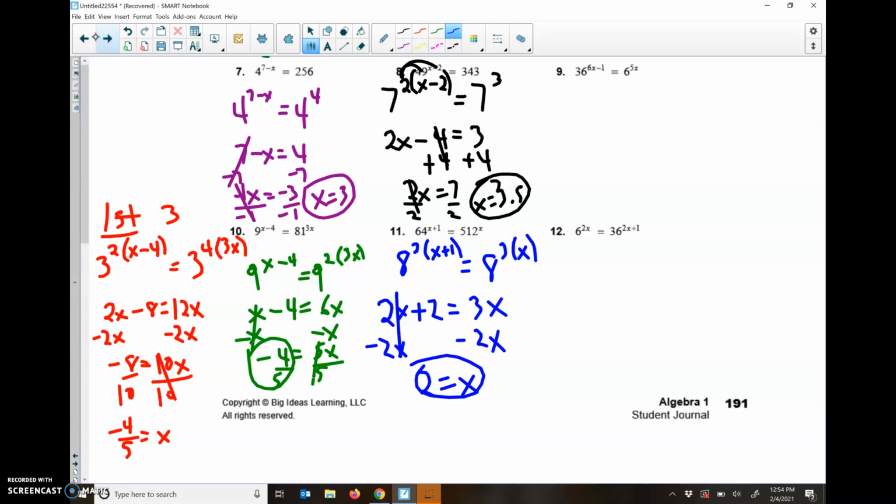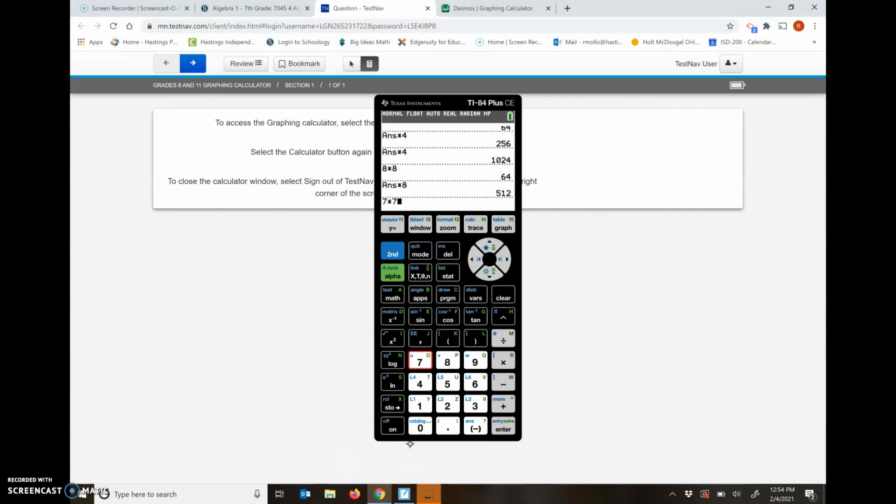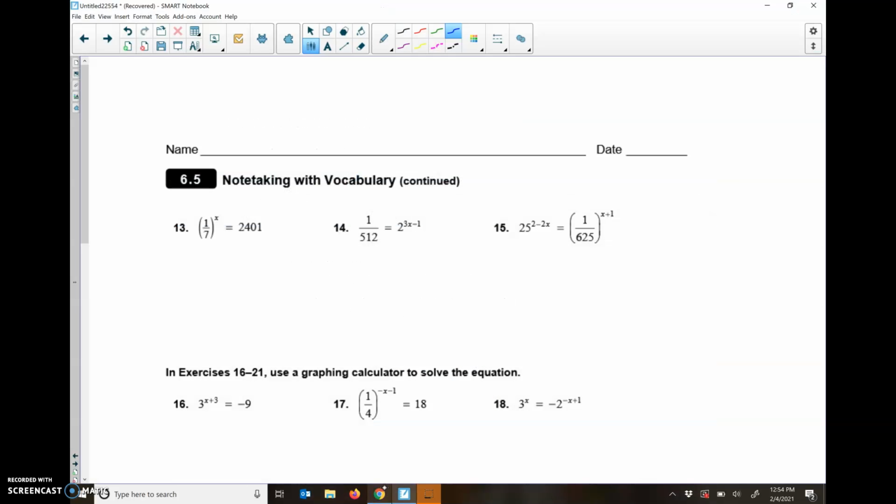Okay, you do have some on this page, and we'll kind of see how it looks. So some of these is, oh, Mr. Molo, like how am I going to get 1/7 to the x to equal 2,401? And so the answer is we're going to have to think about those negatives again. So 7 to what power gives us 2,401? So 7 times 7 is 49, times 7 again, times 7 again. So it's really 7 to the 4th power